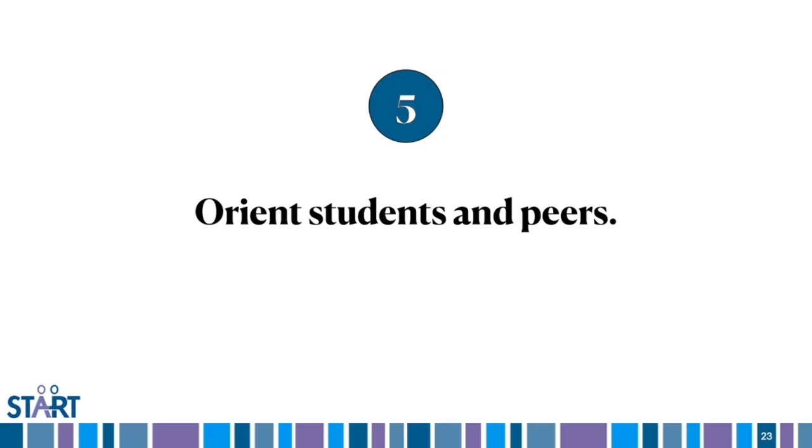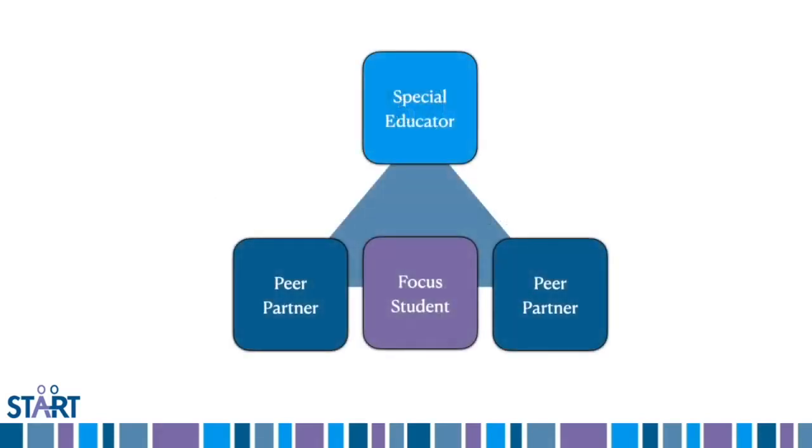And this will come as second nature to some peer partners, and for others, it's going to be quite new. They'll be excited, but this will be new. So the orientation should clarify the goals of the peer support arrangement. It should provide peer partners with relevant information about their classmates. It should address the expectations related to this role and guide them in which types of supports that they should and they should not provide.